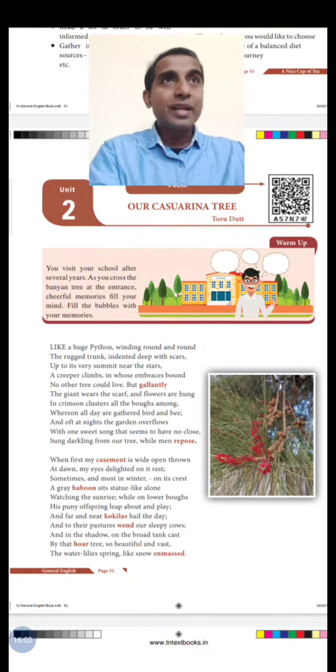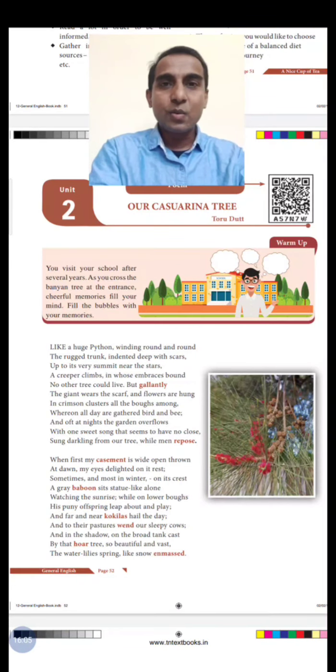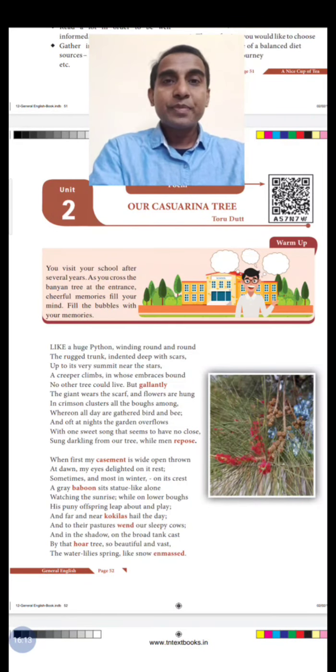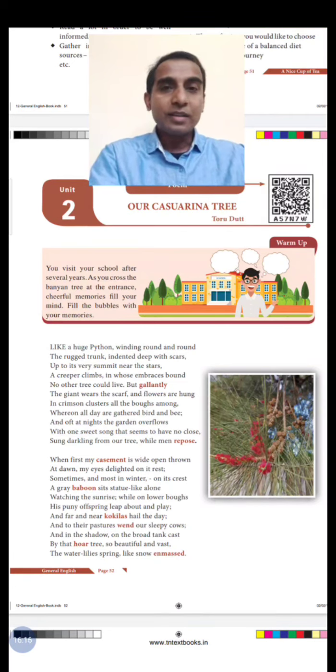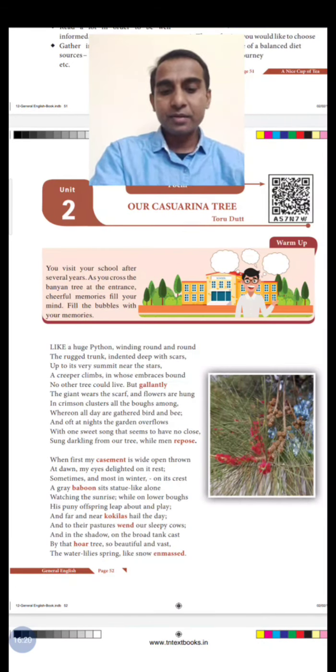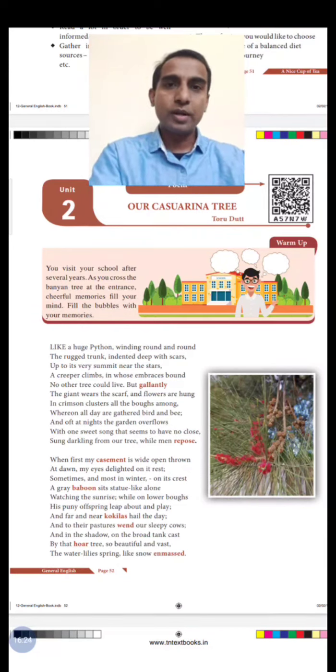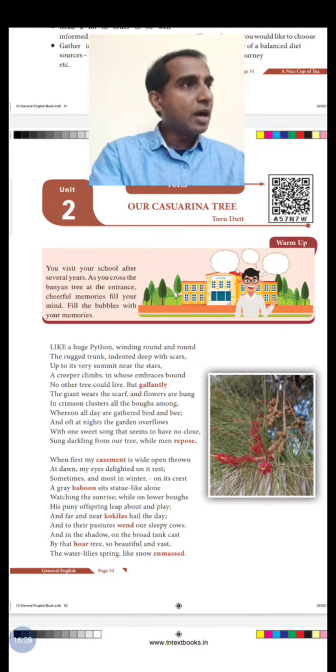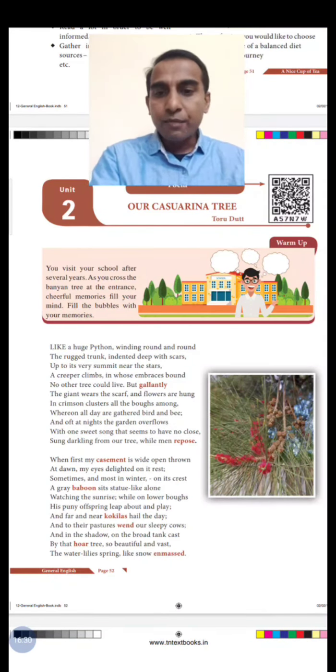On that water they could see white water lilies growing on that tank, at the top of the tank. That looked as if the grass is covered with snow, no? Like that it looked. The water lilies on the tank look like snow covered on a garden. So here is another simile, the water lily spring like snow en masse. En masse here means gathered in a mass, like how snow has been covered throughout.